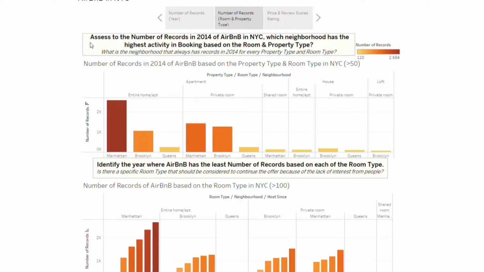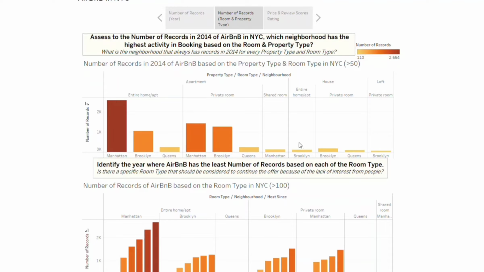Question 3. Assess the number of records in 2014 of Airbnb in New York City. Which neighborhood has the highest activity in booking based on the room and property type? With the following question. What is the neighborhood that always has records in 2014 for every property type and room type? For the apartment, Manhattan has the highest records in every room type, while the house and the loft, the